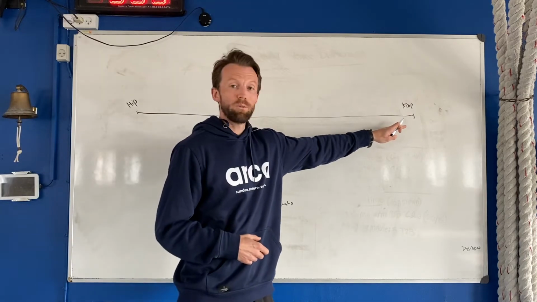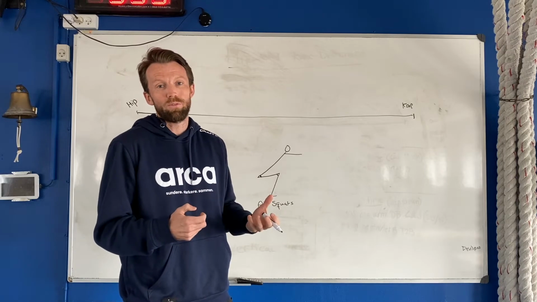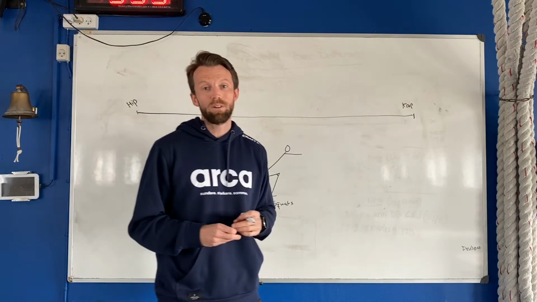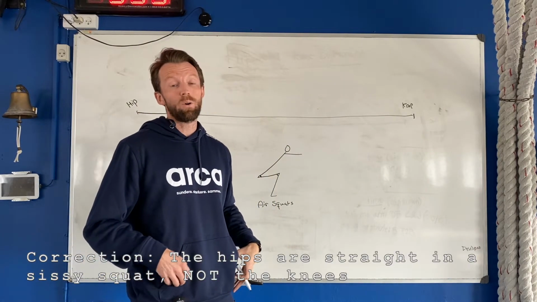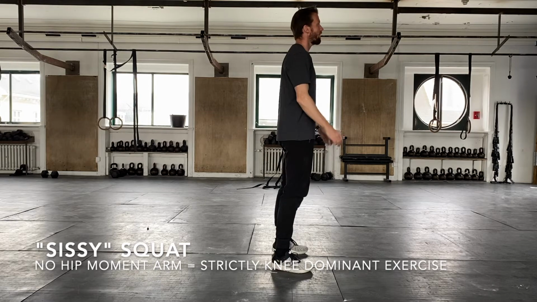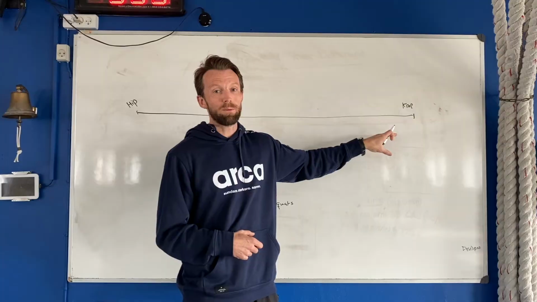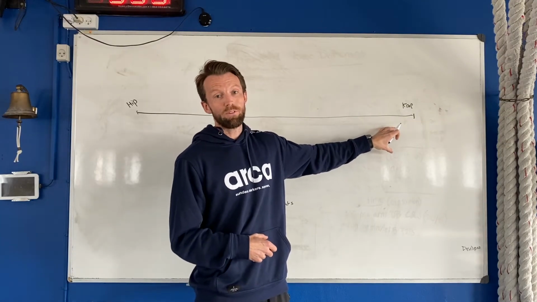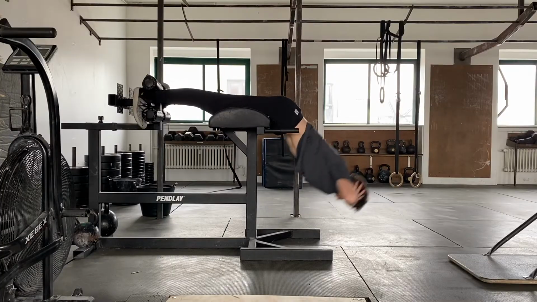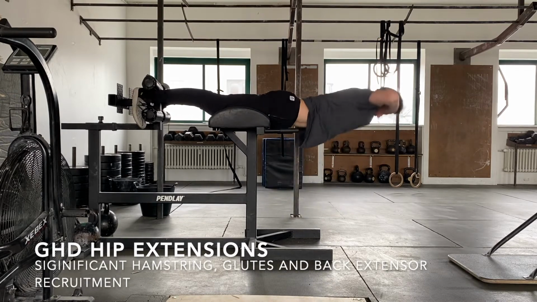At the other end of the spectrum, we can talk about an exercise that we don't really use a lot in high intensity functional training, but we can use it for assistance, which is, for example, a sissy squat, where you try to keep the knees straight or as straight as you can, and then you squat down, bending the knees from a weight-bearing position while leaning the upper body backwards. So that is an almost exclusively knee dominant movement. There's a lot of demand and recruitment of the quads, almost no recruitment of the hamstrings and the glutes. At the other end of the spectrum, the GHD hip extension has no recruitment of the quads really, but major recruitment of the